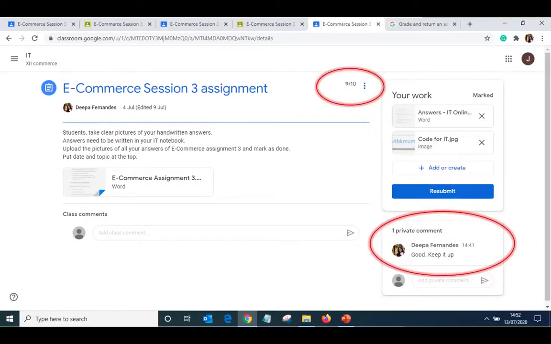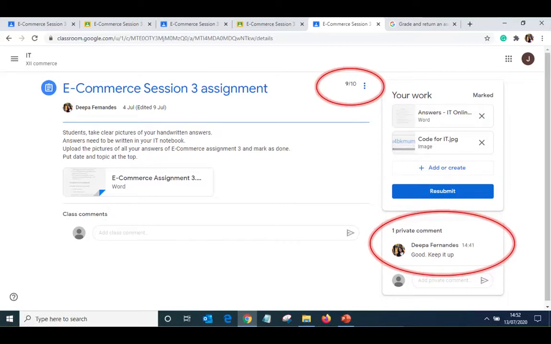Once your teacher returns your work, okay, once I have checked and reviewed it and I'm going to send you back your work, you can again go back to your assignment link. You can go back to your assignment link. When you open that up, you will be able to see the grades that have been given by your teacher and any private comment that has been mentioned by your teacher. Okay, this is again in the assignment link in the stream section. Okay, so when you click that, you'll be able to see your grades and any other private comments that your teacher has given.